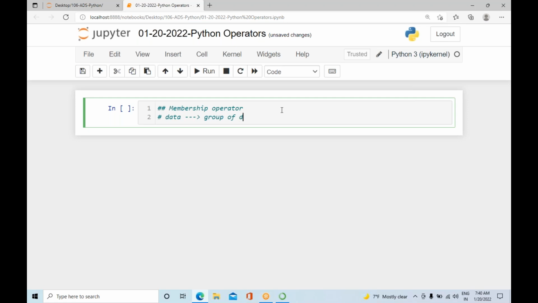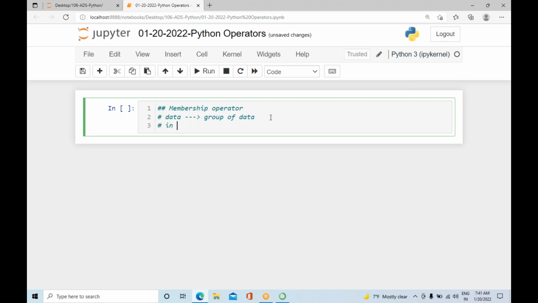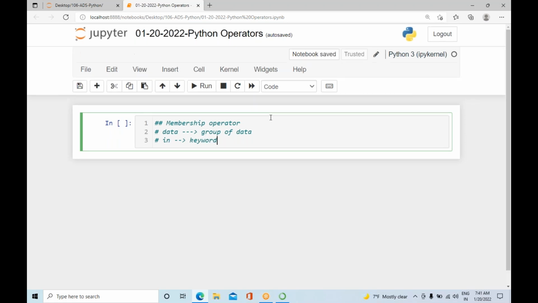Whether this particular data is available in this group of data or not, we can figure that out with the help of the membership operator. Clear? For that, we can use two keywords. The first one is the in operator, or the in keyword. It will help you to check the